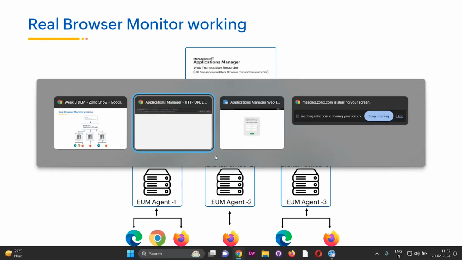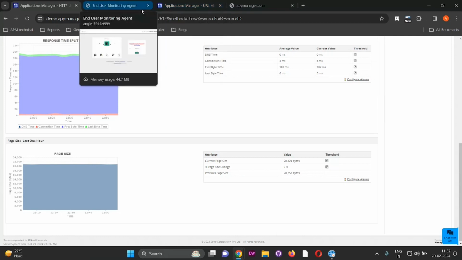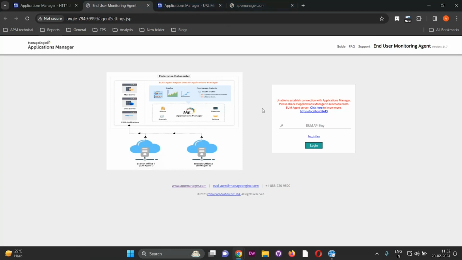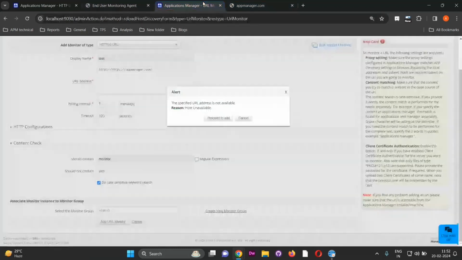So let me show you how to perform end user monitoring with our real browser monitor. So first you'll need to install the end user monitoring agent. So this is how the end user monitoring agent opens up. It opens up in your web console, and